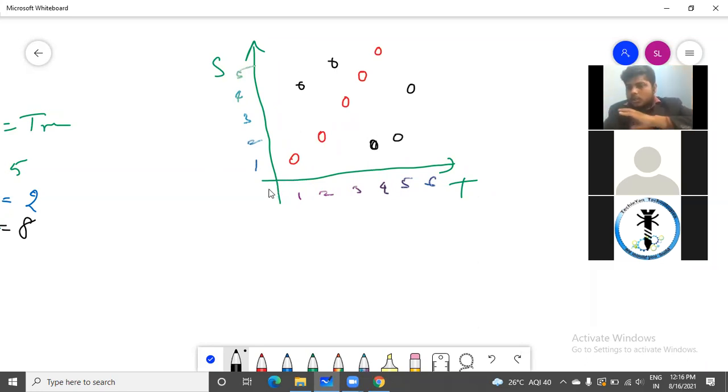In future also, I should come to a conclusion on how many tea bags have to be added and how many sugar packets have to be added, such that I'll get the proper output. So let's say in future I have 10 tea bags, how many sugar packets should I add? Now you can simply say by looking at the graph that yes, if you have 10 tea bags, you must add 10 sugar packets, then you will get the best coffee.